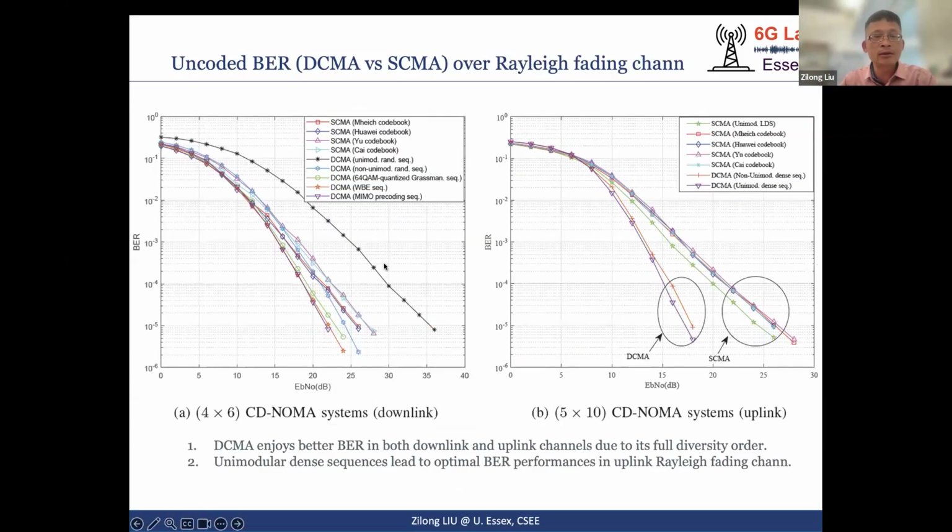Now, in terms of the bit error rate, here we have compared the bit error rate for the 4 times 6 code-domain NOMA system in the downlink channel and the 5 times 10 code-domain NOMA system in the uplink channel. In this case, we can see that DCMA is able to enjoy a much steeper BER slope, meaning that we are able to enjoy the full diversity order. And from here we can see that DCMA is able to achieve a much better bit error rate performance compared to